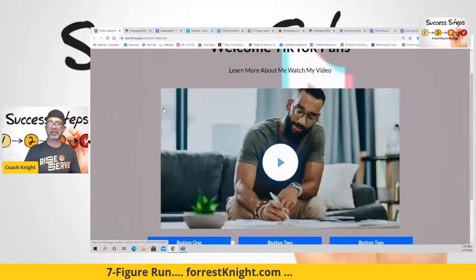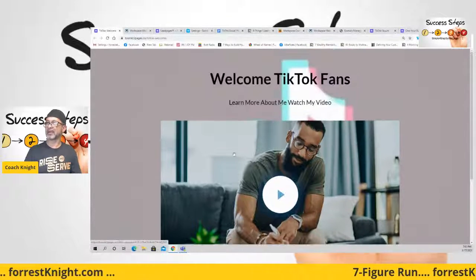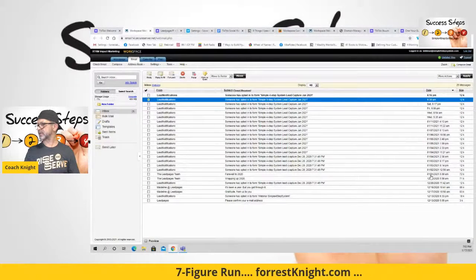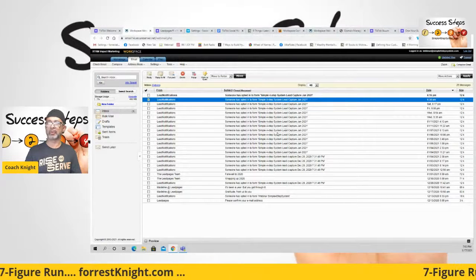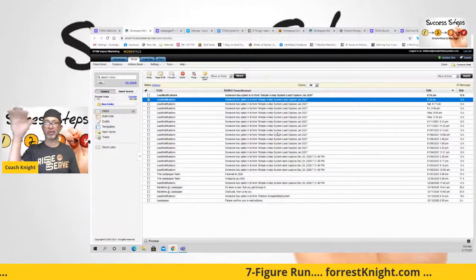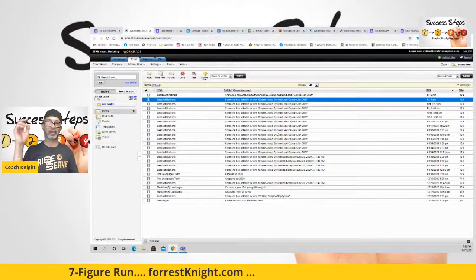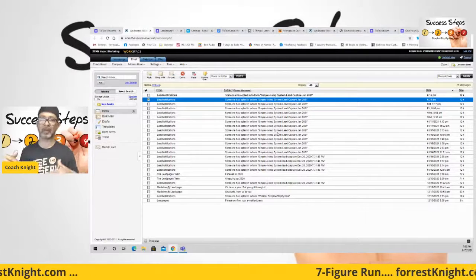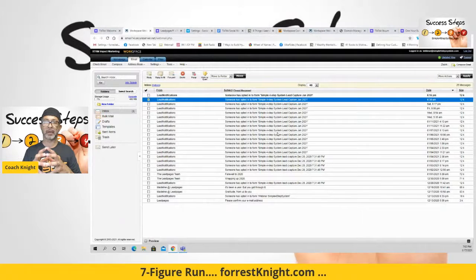So basically, this is the landing page. I'm going to show you how to customize this. As a result of having a capture page down here, I was able to generate these leads. You can see these are leads from January 1st, and basically through today, I generated 17 leads coming in through the capture form by simply having a website domain out on my YouTube channel, out on my Facebook page, out on my Instagram page, out on TikTok. I've got banners scrolling across the bottom of these lives, and the whole point of that is to duplicate myself so that I don't have to do all the work.